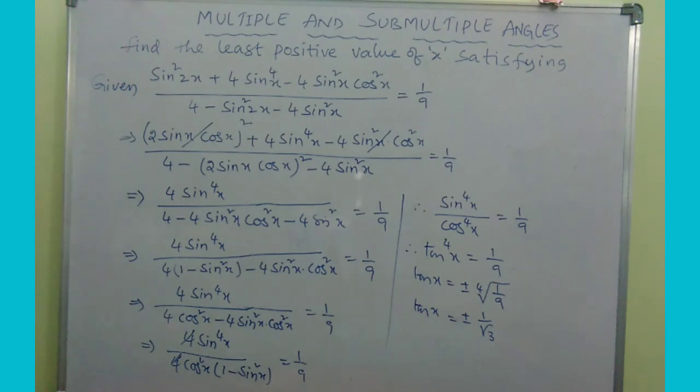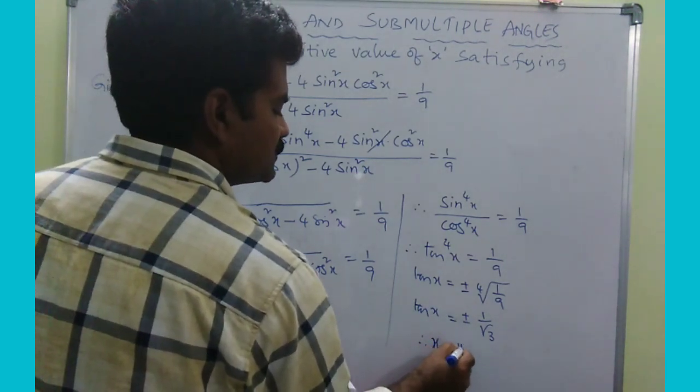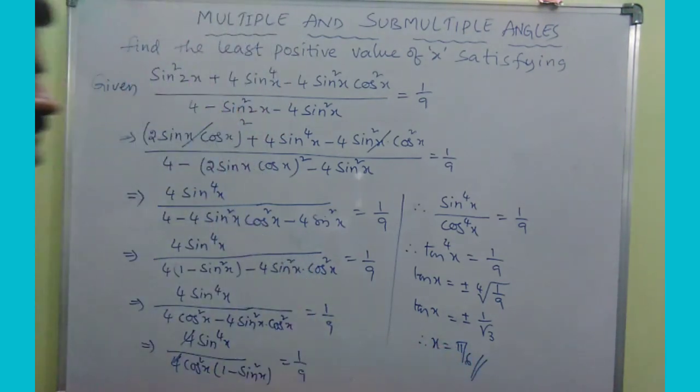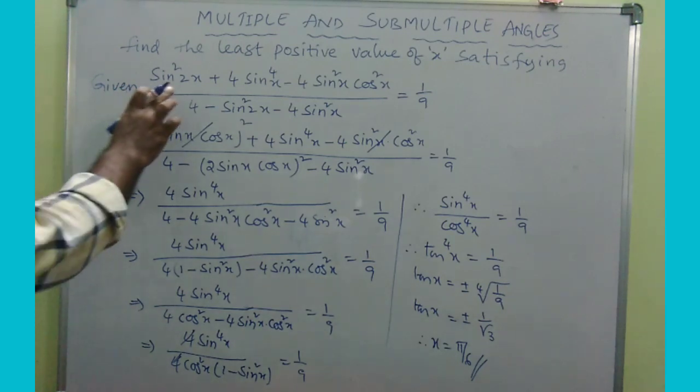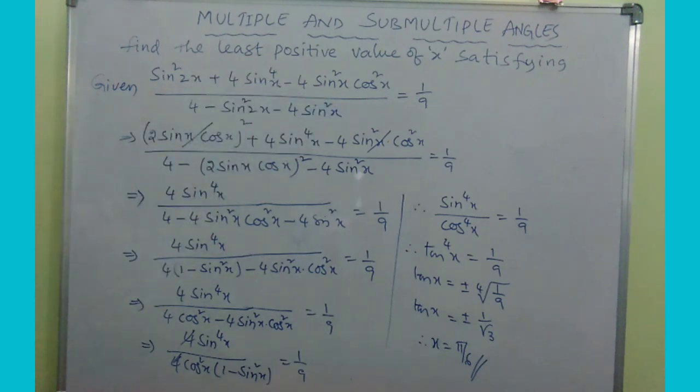Since the question already provided the least positive value, I can say that x is equal to pi by 6, tan 30. Tan 30 is nothing but 1 by root 3. So among the x values we need the positive value and moreover the least positive value, right? So if you want, you can substitute the value of x here, pi by 6, in LHS, so that you will get RHS. Okay. So you can also verify with the value of x.